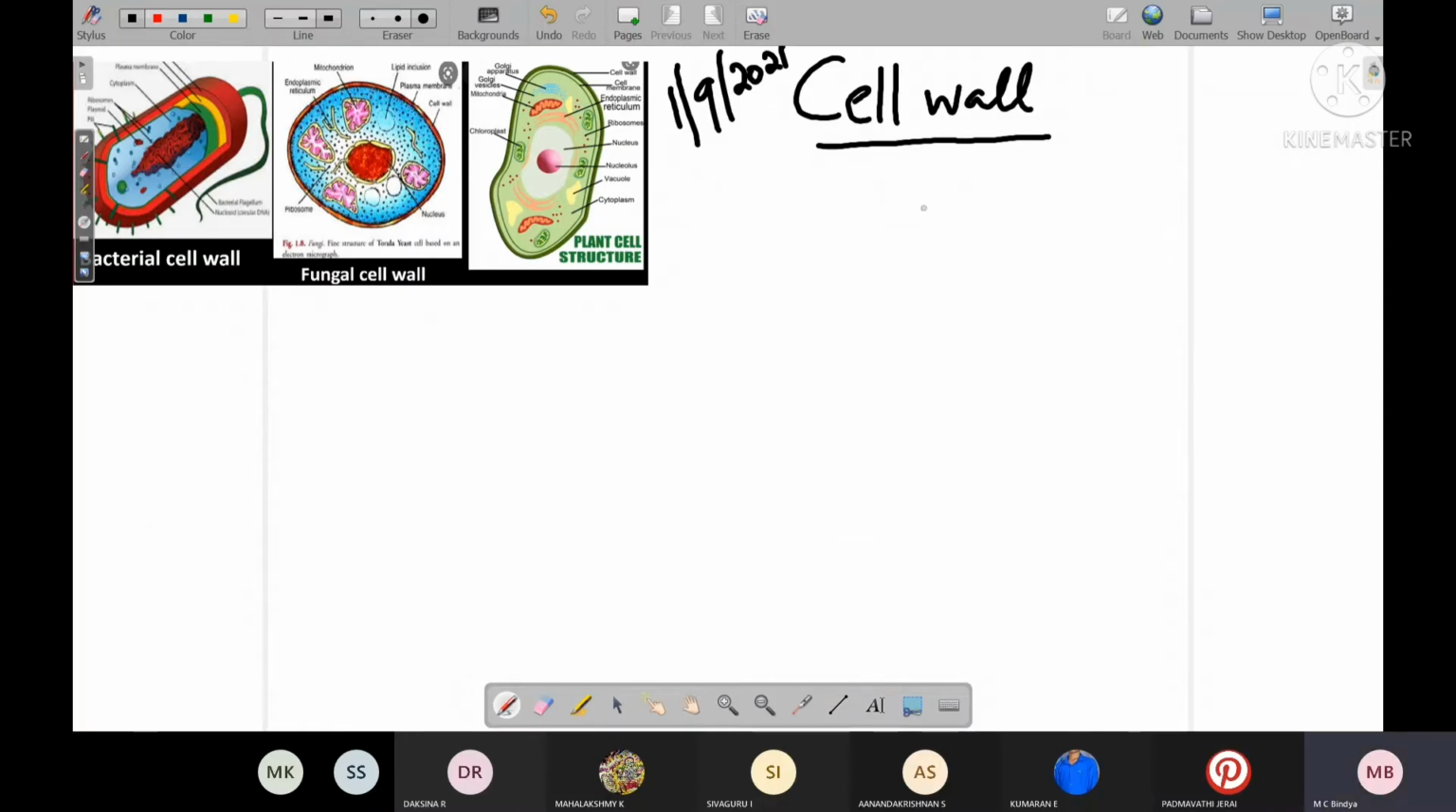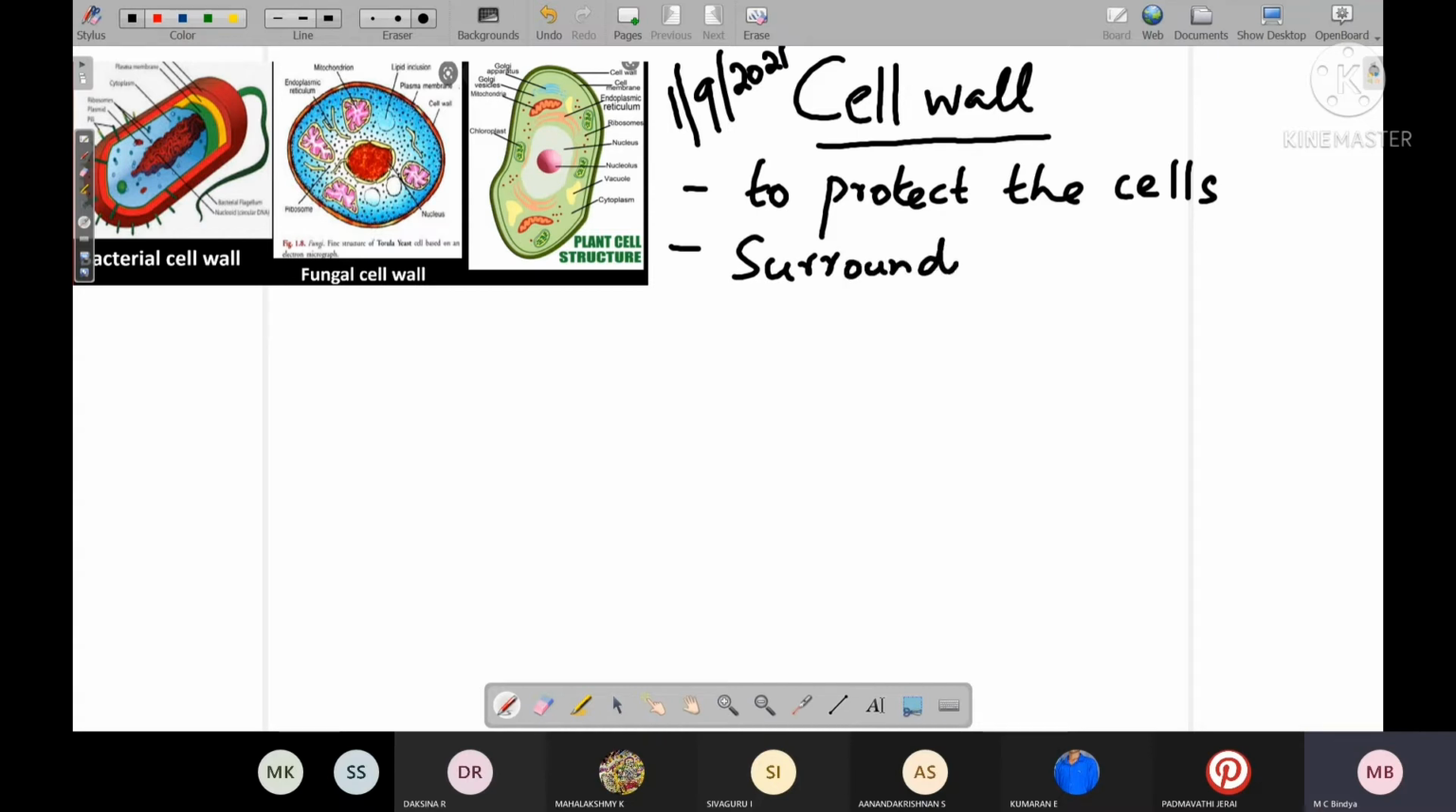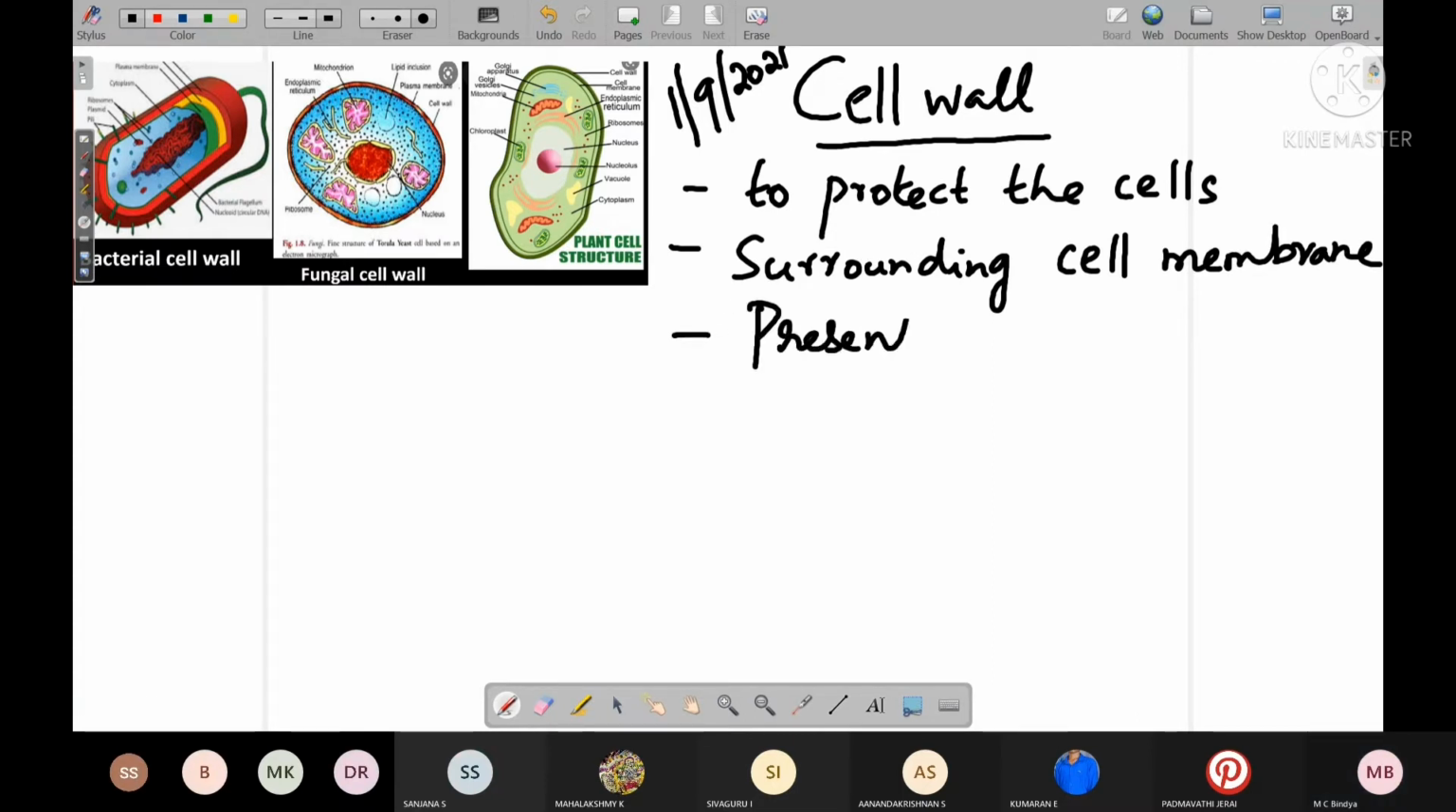Next. Write this down. Cell wall. So cell wall is there to protect the cells. It is found surrounding the cell membrane. Cell wall is found surrounding cell membrane, and it surrounds cell membrane. But cell wall is present in plant cells,